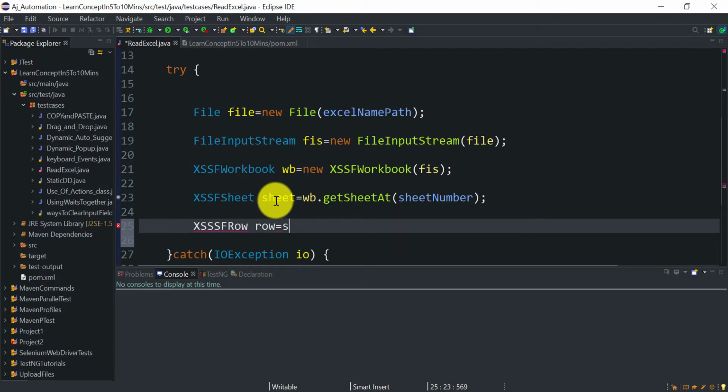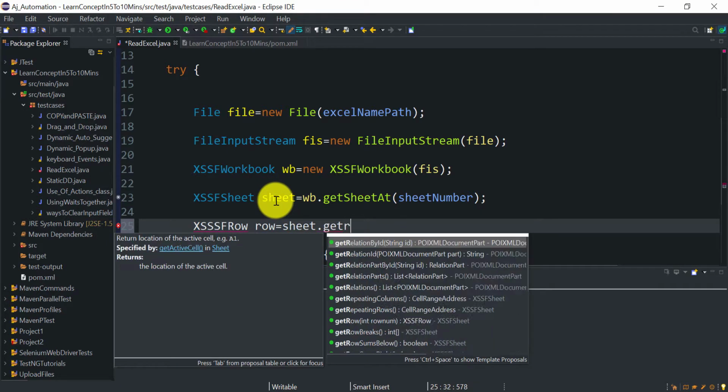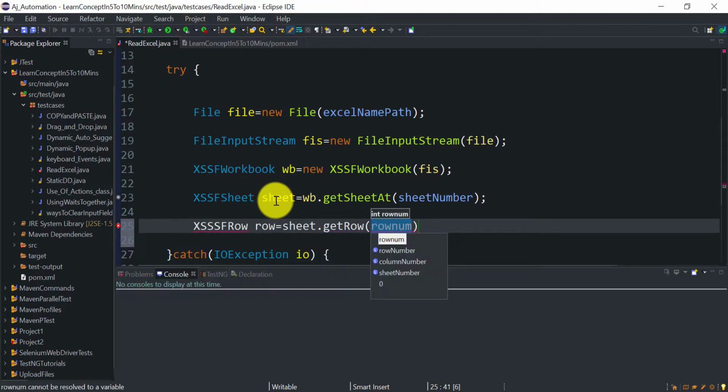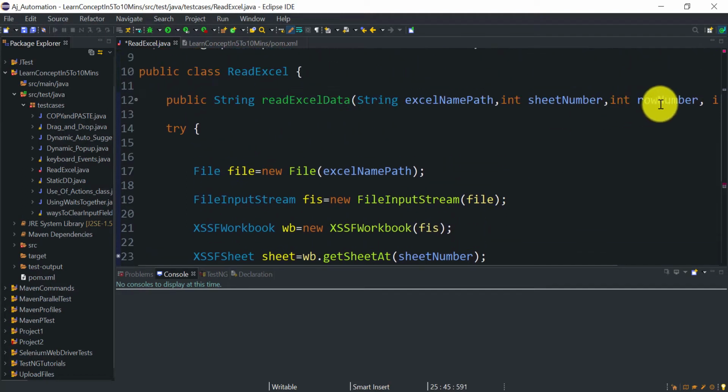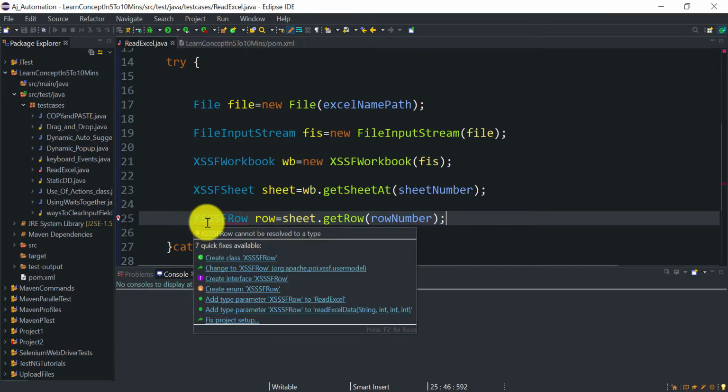So you need to use sheet.getRow, and to this method you can provide the row number. So what is my row number? I am passing this value, whatever we got from the calling method, and it will be passed to this method. Okay, and semicolon.